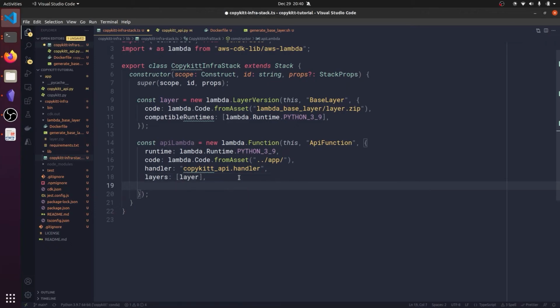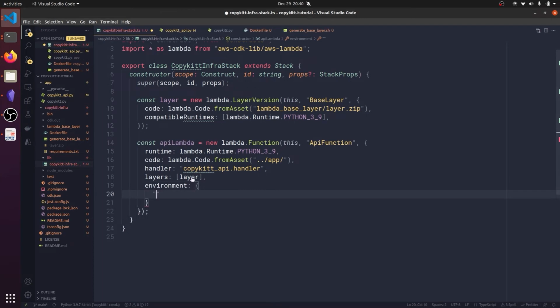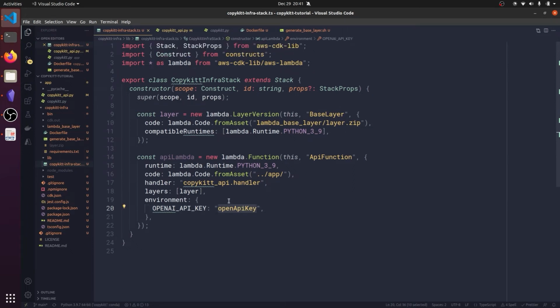Back to our infrastructure, we can actually add environment variables by using this key here, environment, and we can do it like this. So we want to set that, and we want to set it to the key value. But we don't actually want to store this secret key inside our code, because if it's on our Git commit history, then people can find it, and you don't want people to have your secret key. Firstly, that's against the terms and conditions of most services, but also it means somebody can just use your API on your credit card or on your billing account and cost you a lot of money without any benefit to you. So what we're going to do instead is create a .env file, which is hidden by default